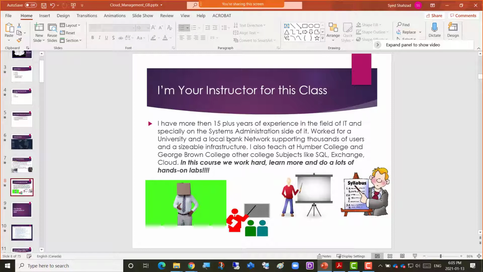So I have 15 plus years of experience. It's much more than that. I don't know why I don't add that here. So 15 plus years of experience in IT, and especially on the systems administration side of it. Back home I was a system administrator in a university, and then 9 years ago I came to Canada, and here I joined Scotiabank for 5 years as a contractor in the